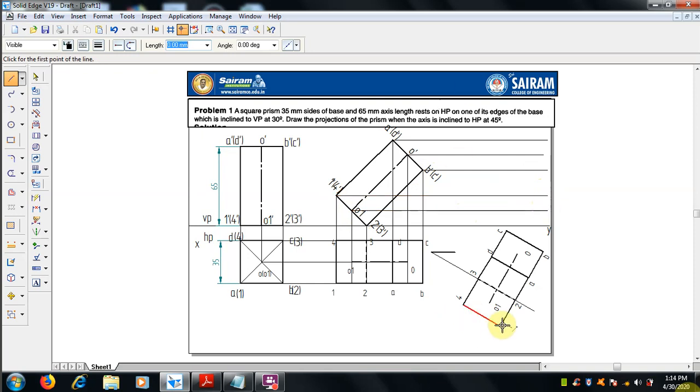Now the vertical lines from bottom face 1 to 1 dash, where it meets, the end of point 2 to 2 dash, 3 to the projection of 3. If there is any problem, extend and then trim, no issues.